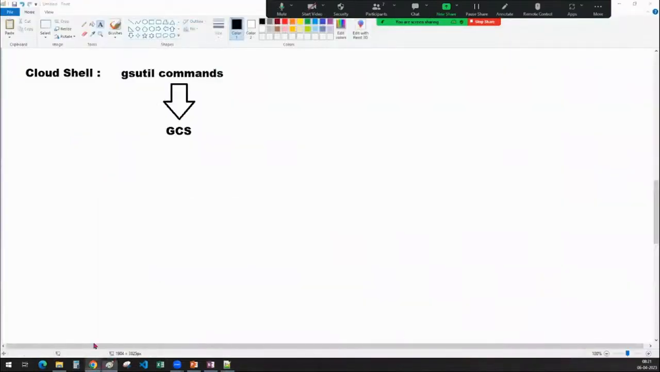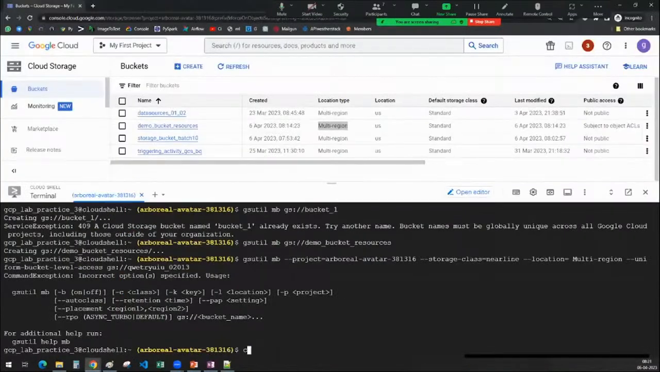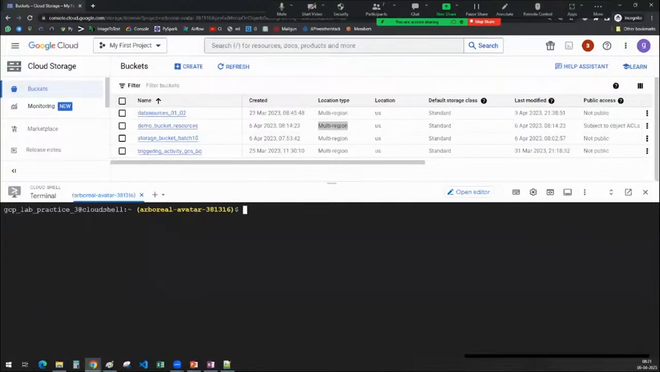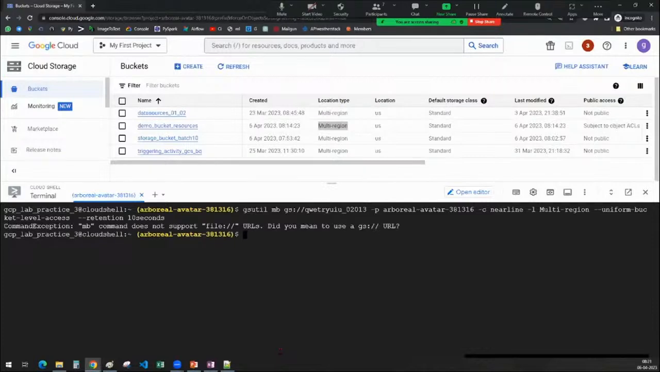Where is that? Let me clear the window. Let me provide it here. MB does not support file / URLs. You mean GS? What does that mean? I have provided that only, right? MB does not support